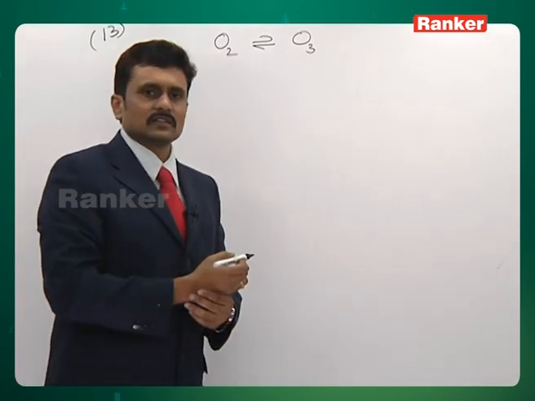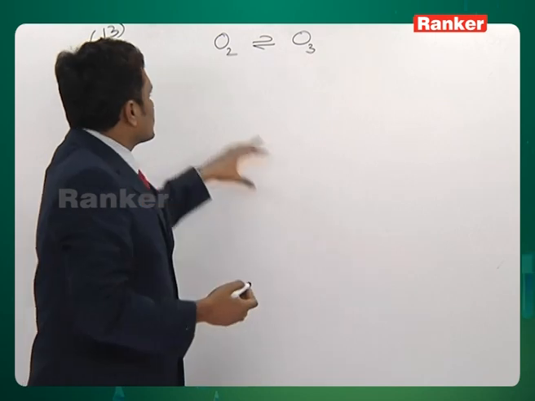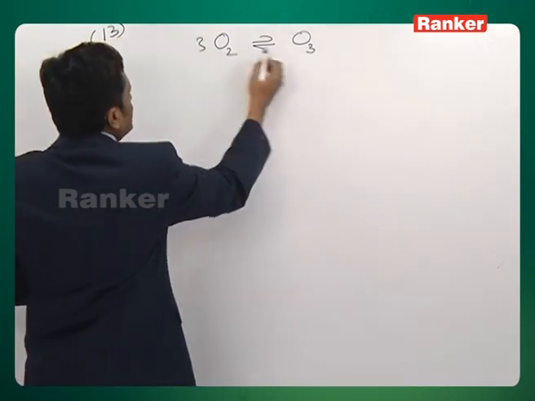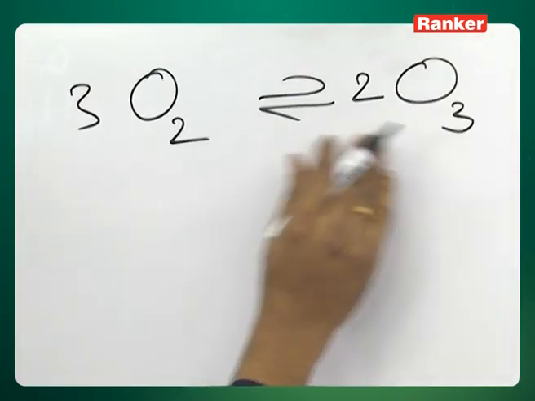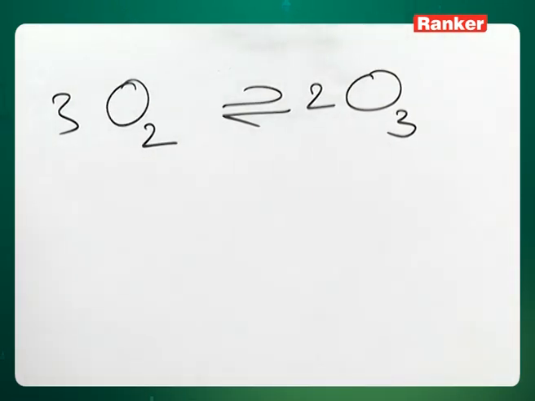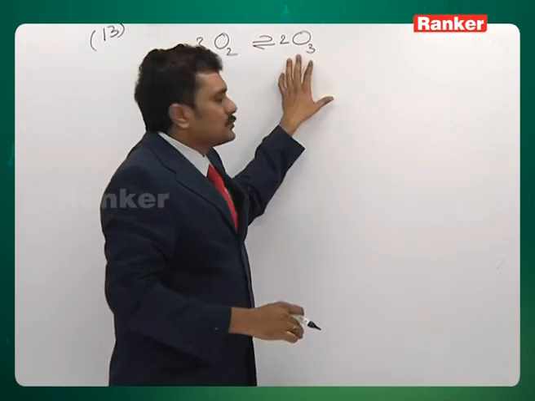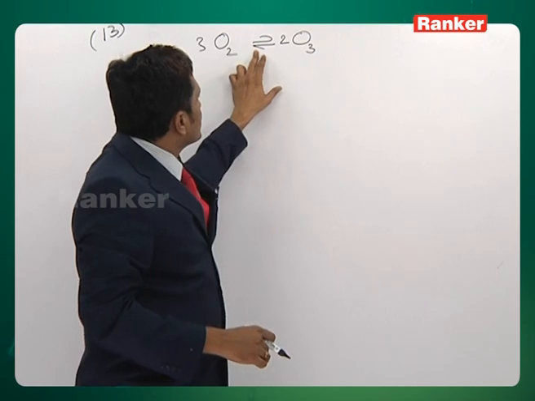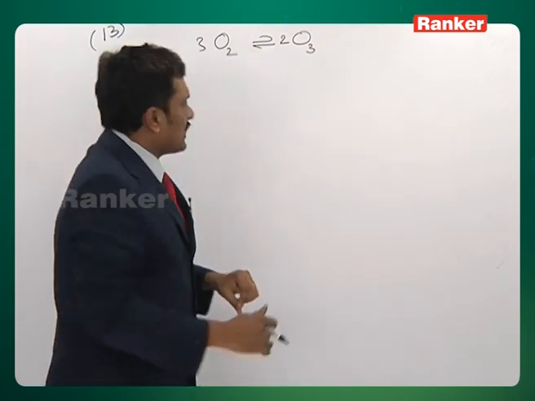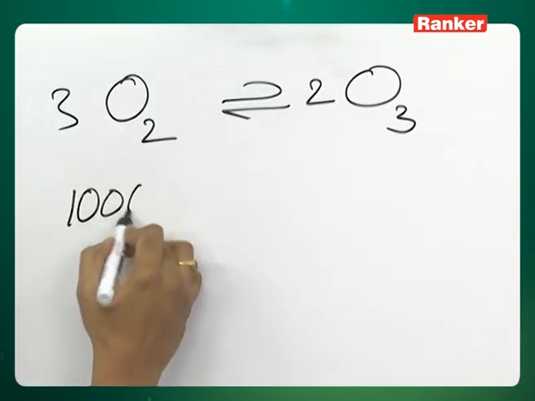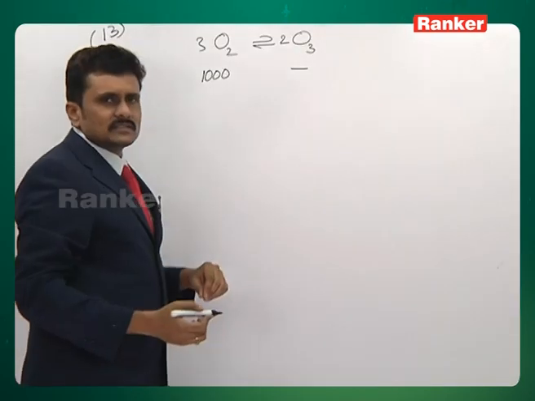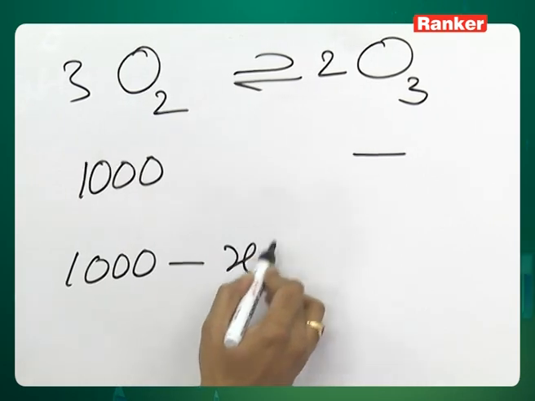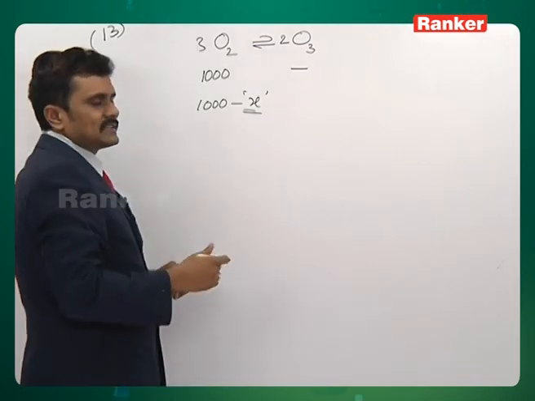The second one is the iodometry. I mean there is conversion of oxygen to ozone which is involved in the first reaction, but you can see here clearly that the entire conversion of oxygen to ozone is not possible since ozone is not stable at room temperature. Hence I am taking the equilibrium situation arising here. I have taken here 1000 ml of oxygen initially. When this is sent through the ozonizer, I will assume some X